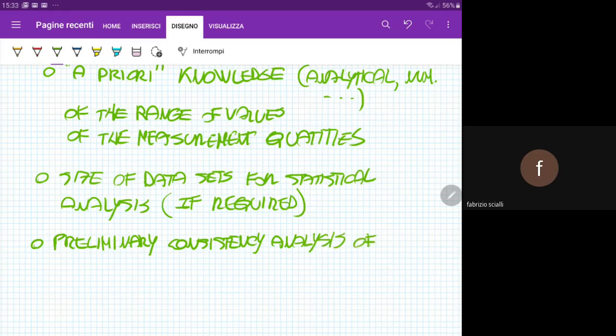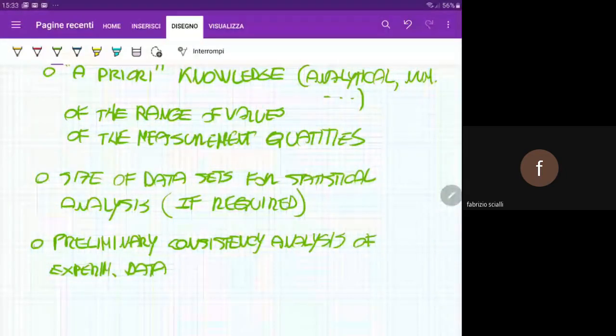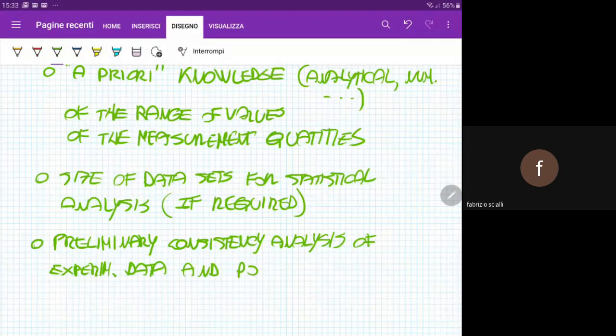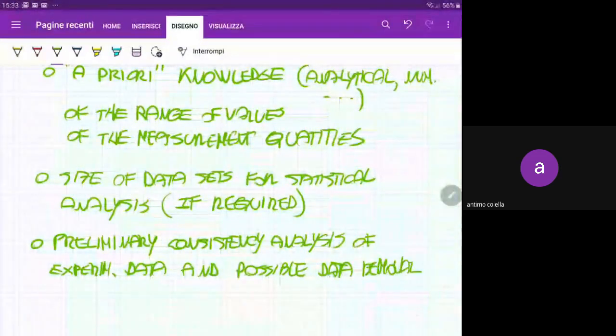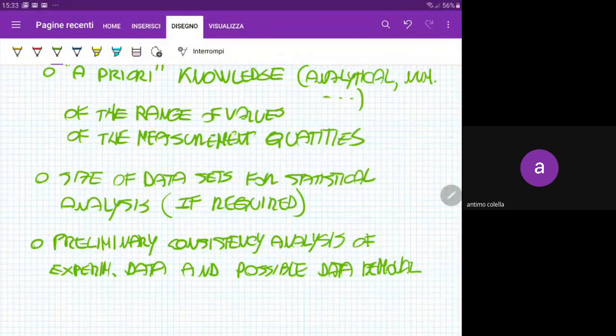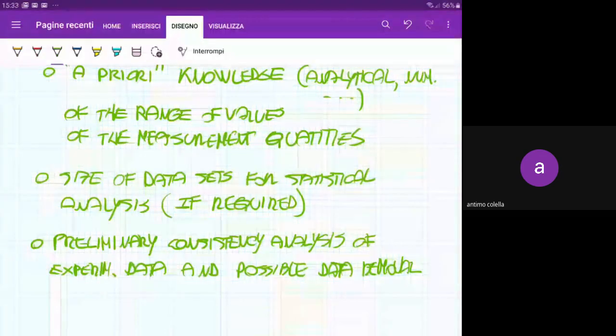Of your experimental data, and try to apply possible data removal. Maybe you have a transducer that is not working well, is detached from your structure, for example. Okay, is completely broken. So this preliminary consistency analysis is giving you the idea that your measurement setup, your